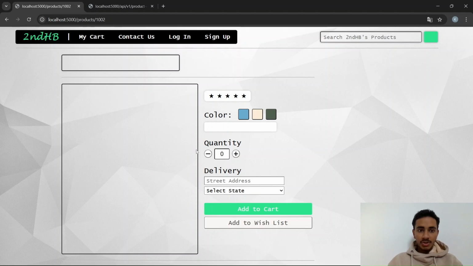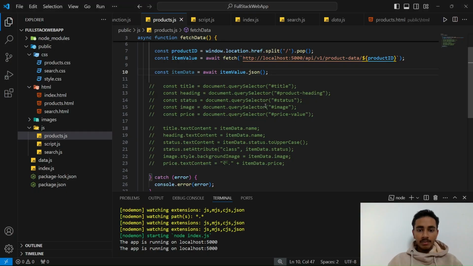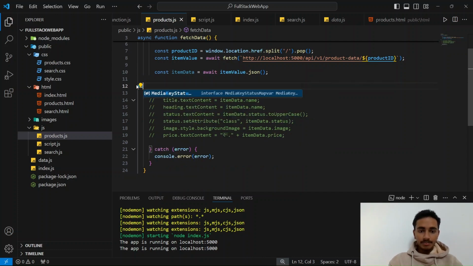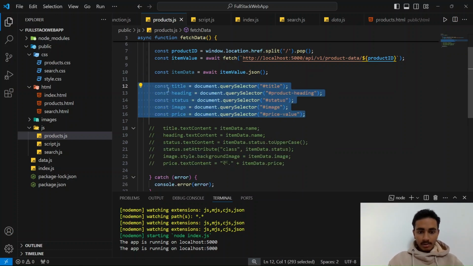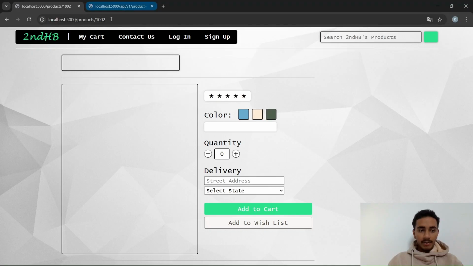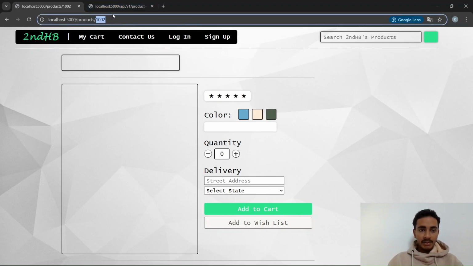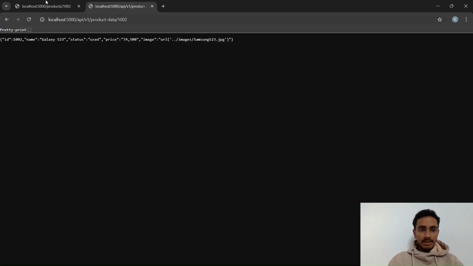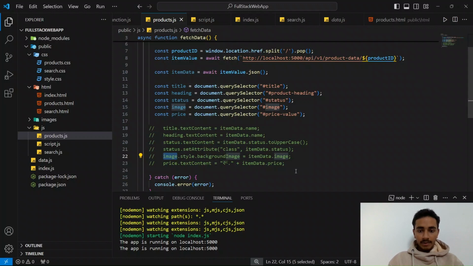to customize this page as per the ID number of the object, what I'm doing here is first I am selecting all of this basic JavaScript. And I'm changing the title, the heading, the status, the image, and the price to whatever the object data is. So for 1002, the data that we will be using is all of this. Okay, so whenever I do that